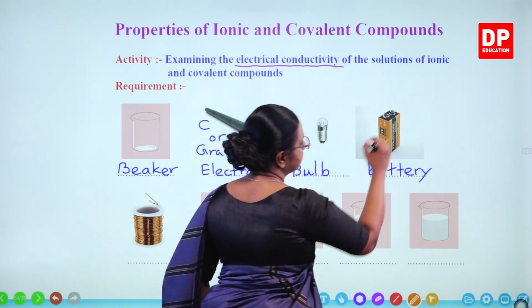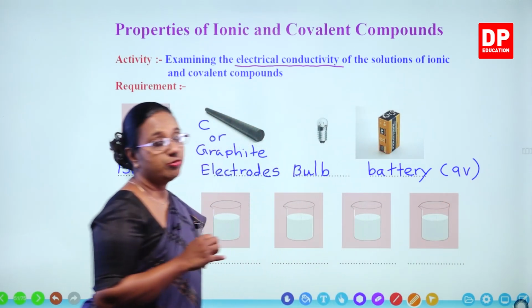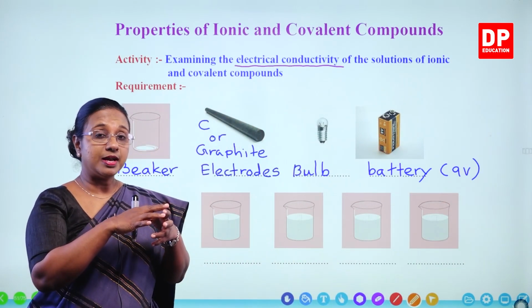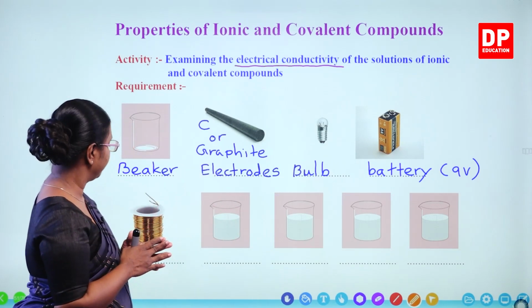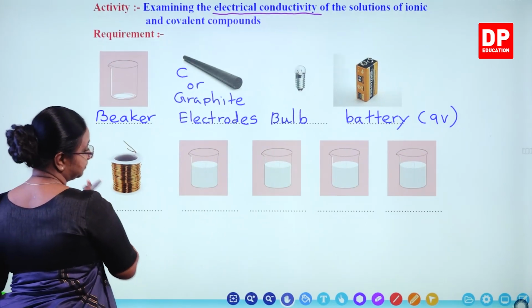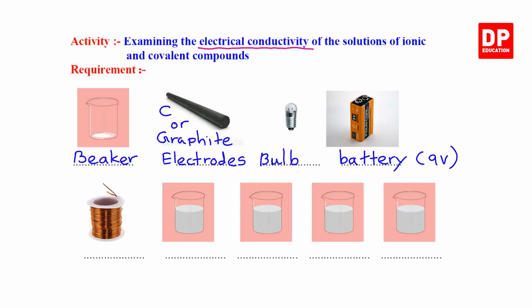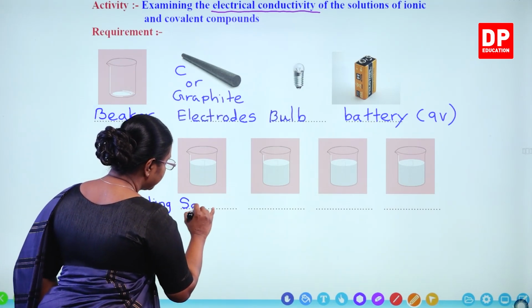Here you can see this is a 9-volt battery. Or you can use 1.5 volt batteries, many batteries connected together, or a 9-volt battery. Then we need to have conducting wires. So the 4 different solutions are salt solution,